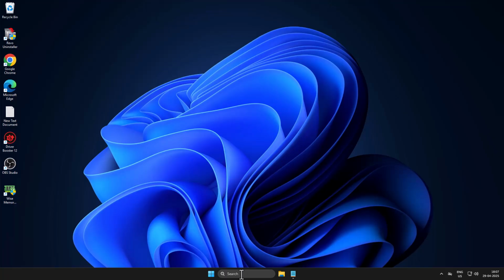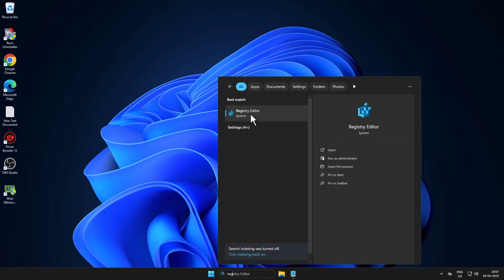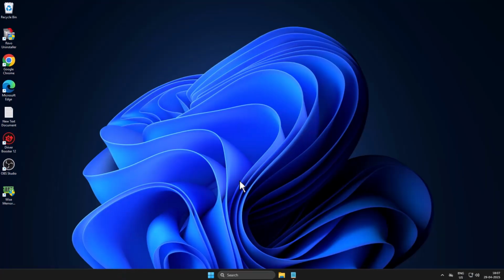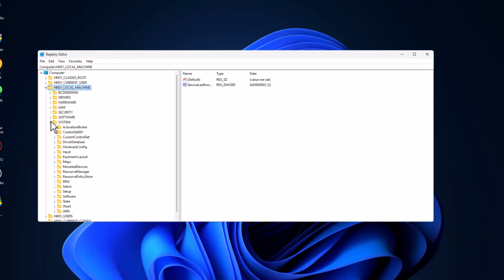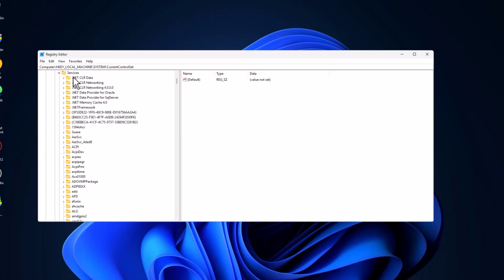And second step, you just need to go to search menu and type Registry Editor. Click on Open it. Click on Yes. In Registry Editor, you just need to expand the HKEY_LOCAL_MACHINE and expand the SYSTEM and expand the CurrentControlSet. Expand the Services, and under the Services you just need to find and delete GamingServices and